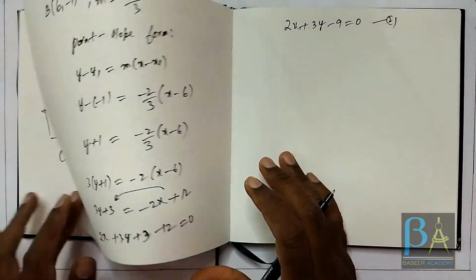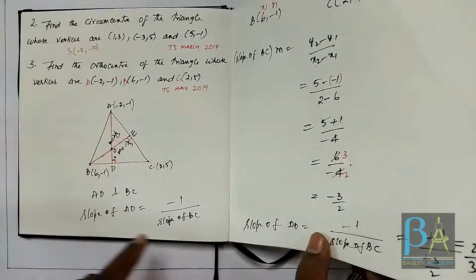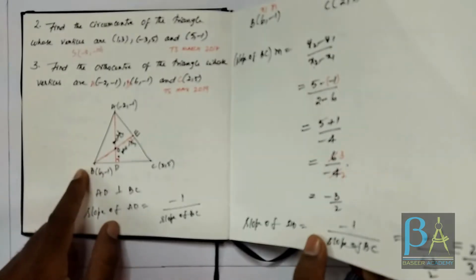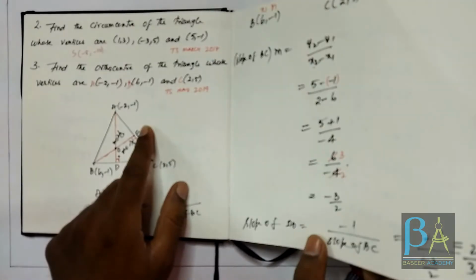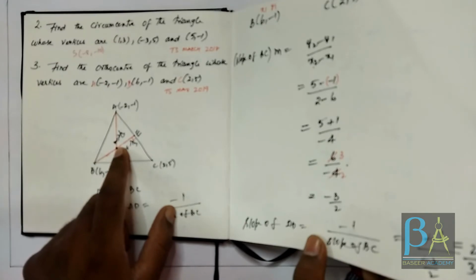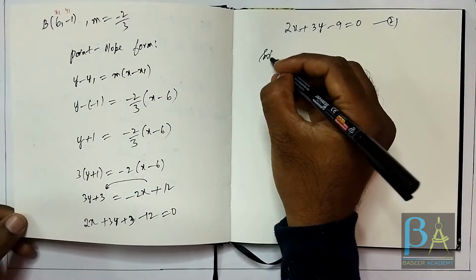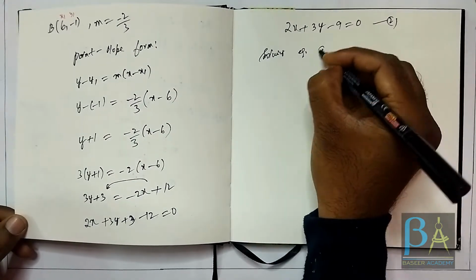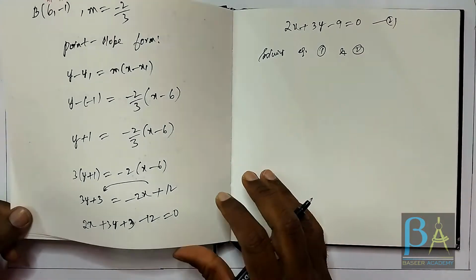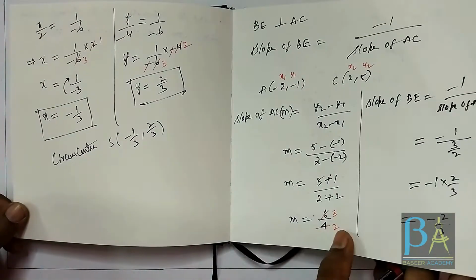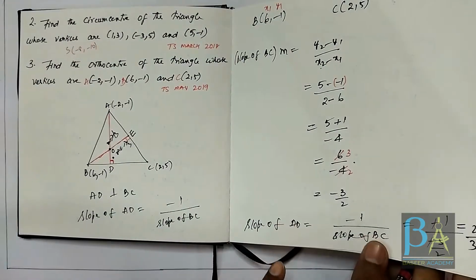So I got the equation of AD and I got the equation of BE. If I solve those two equations, I will get the point of intersection, which is nothing but the orthocenter. So let me start solving equation 1 and equation 2. Let me write those two equations one below the other. The first equation that we got was